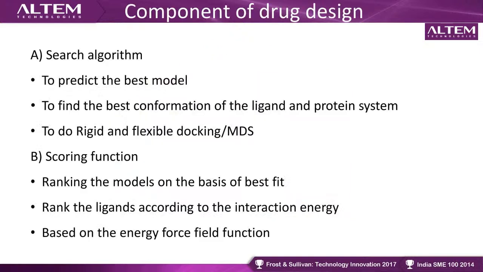designing. As I told you, we are doing all the work with the help of computational techniques and tools. Of course, we need some components to do this kind of work. We need tools, algorithms, and some functionality, or I would say the scoring function, right? Why do we need all these when we are doing in silico prediction? Very simple,